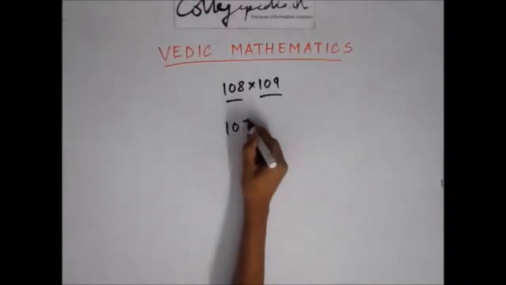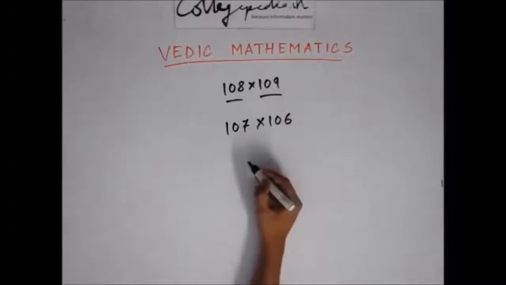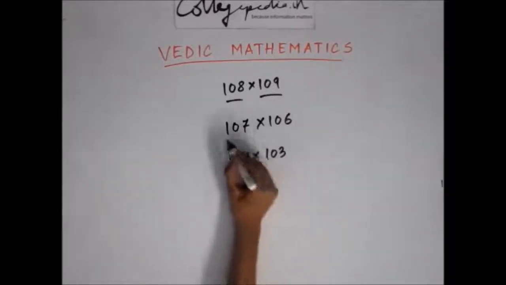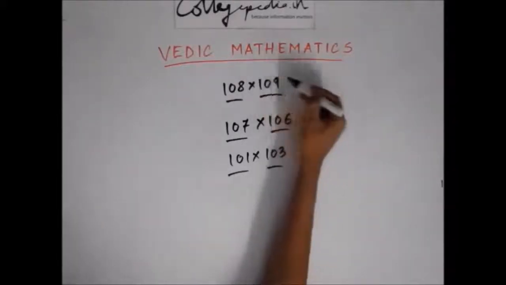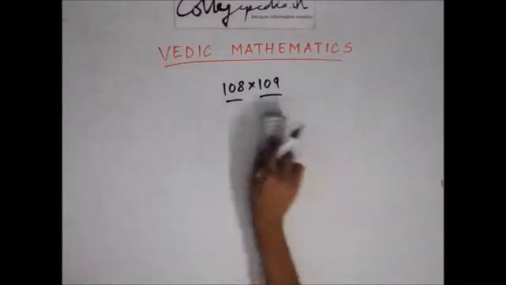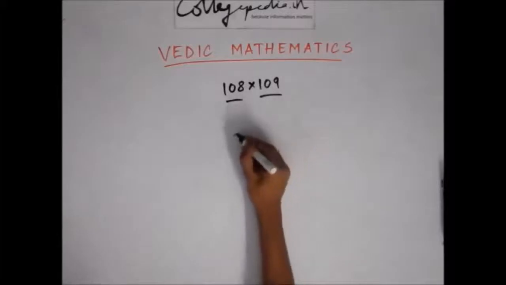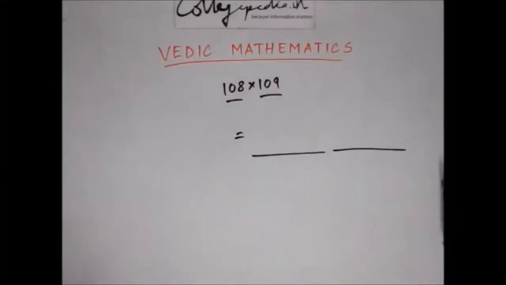Or let's say 106 multiplied by 107. Or we can have 101 multiplied by 103. So we'll take up cases where the numbers are just above 100, like 108, 109, 107, 106, 101, 103. So here's the trick. The answer will lie in two parts. Okay. For the first part,